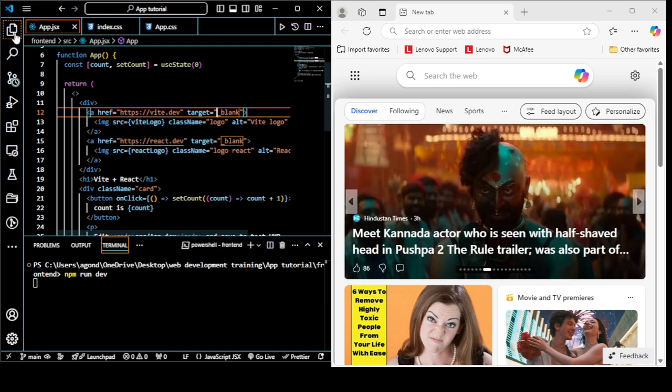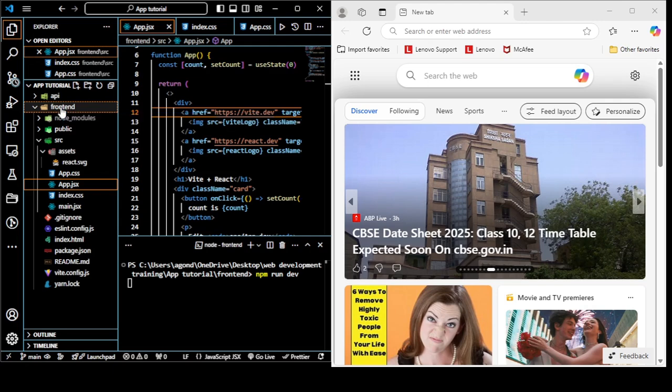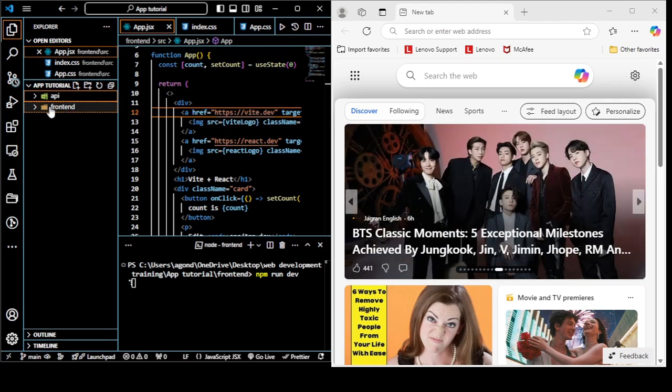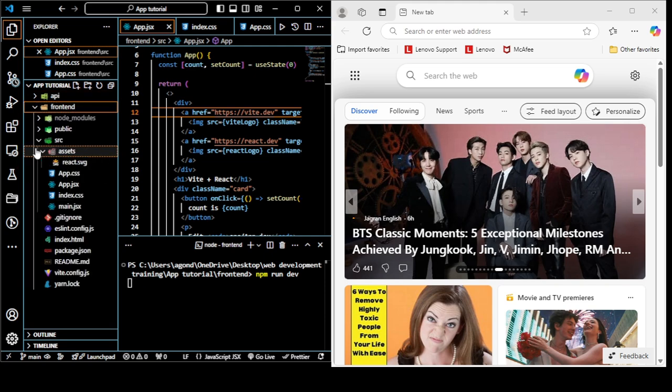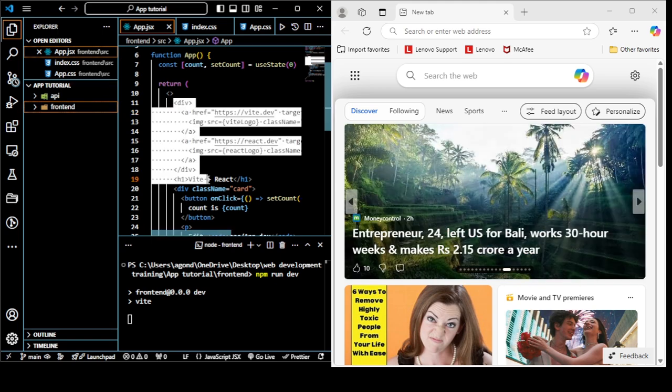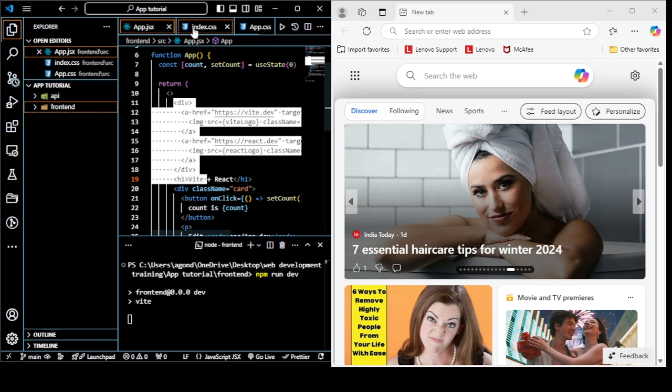The API folder will be for the backend, and the frontend folder, like you have seen, will be for that. First of all, I would like you to remove all of these, the basic part of it,